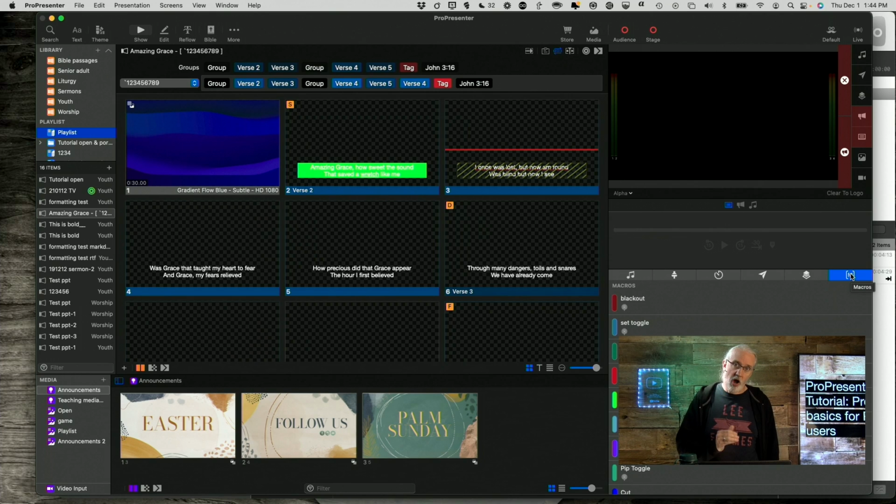One thing that has dropped between ProPresenter 6 and ProPresenter 7 is DVD support. Now, stop and think about it. When's the last time you bought a DVD? For most of us, it's been a while. When's the last time you bought a Blu-ray? For a lot of us, it's been a while. So there's a reason that that's not a thing anymore. As it turns out,